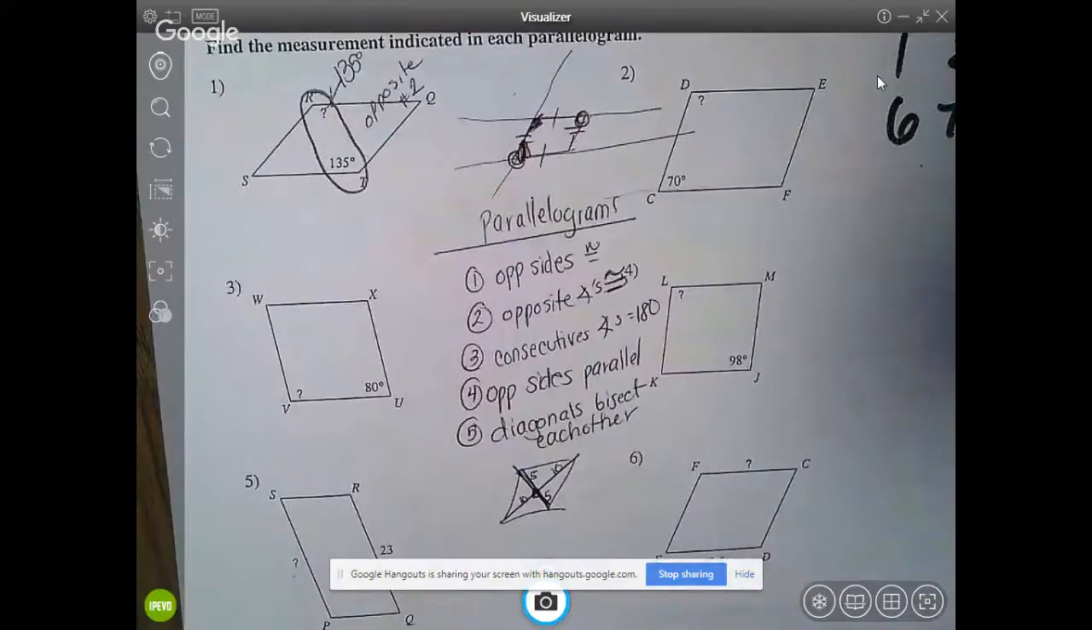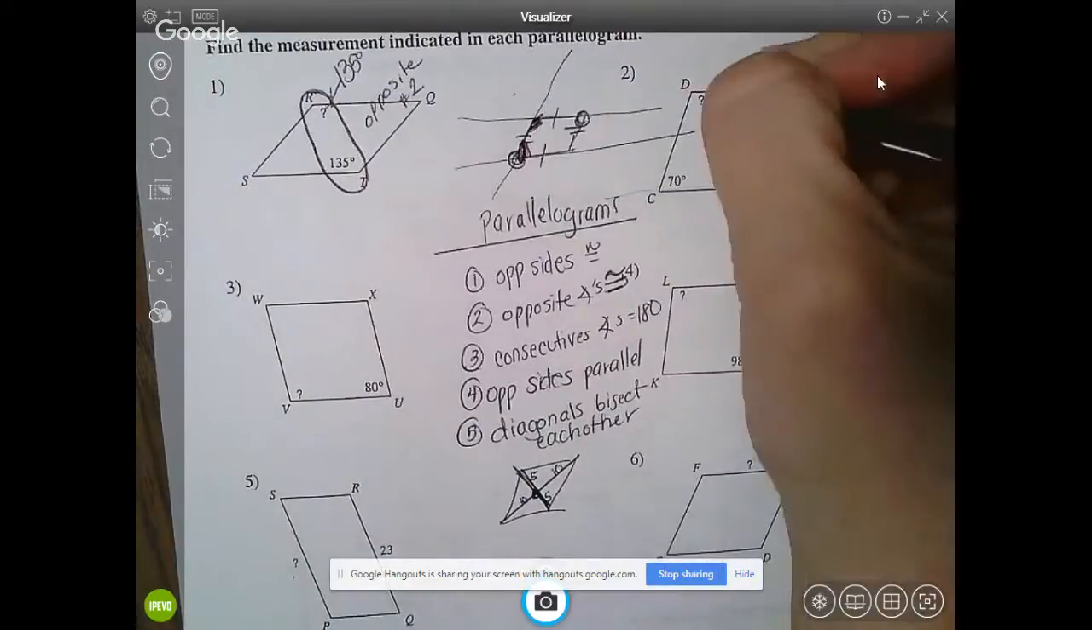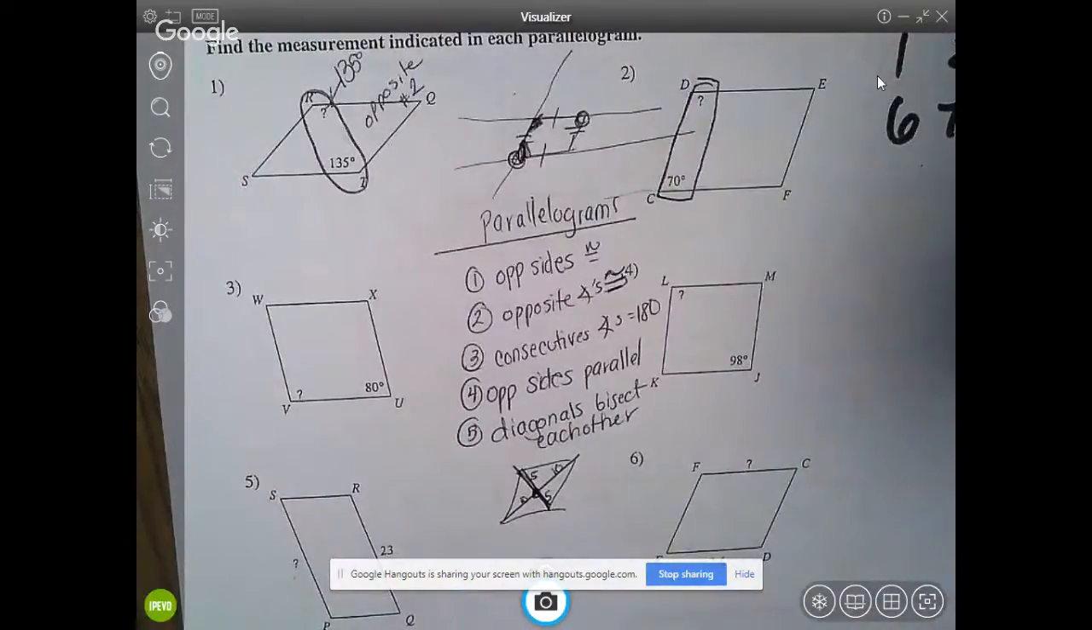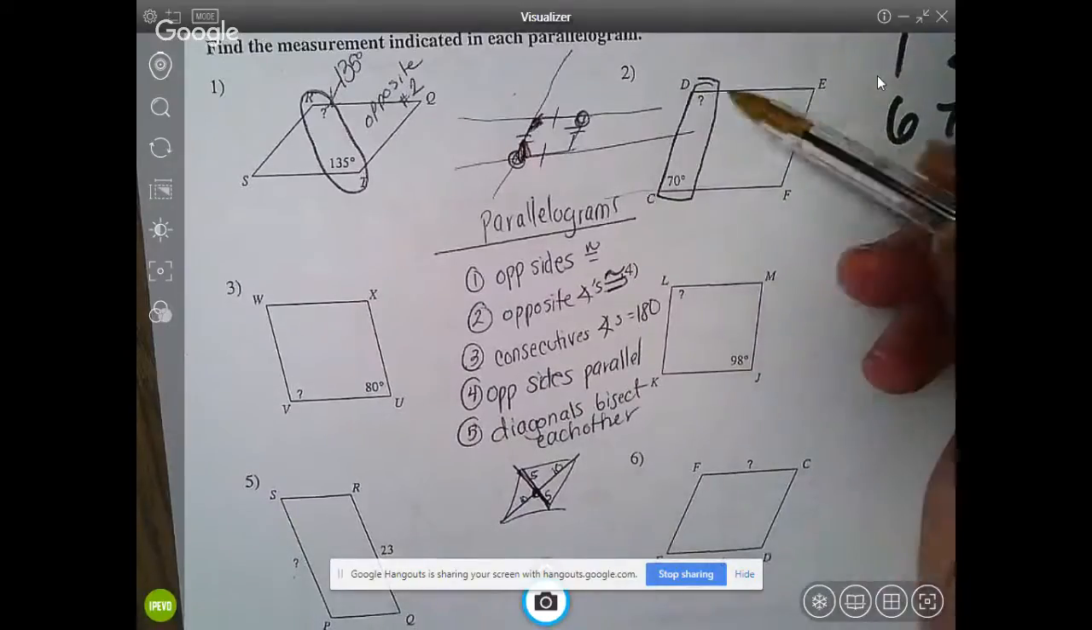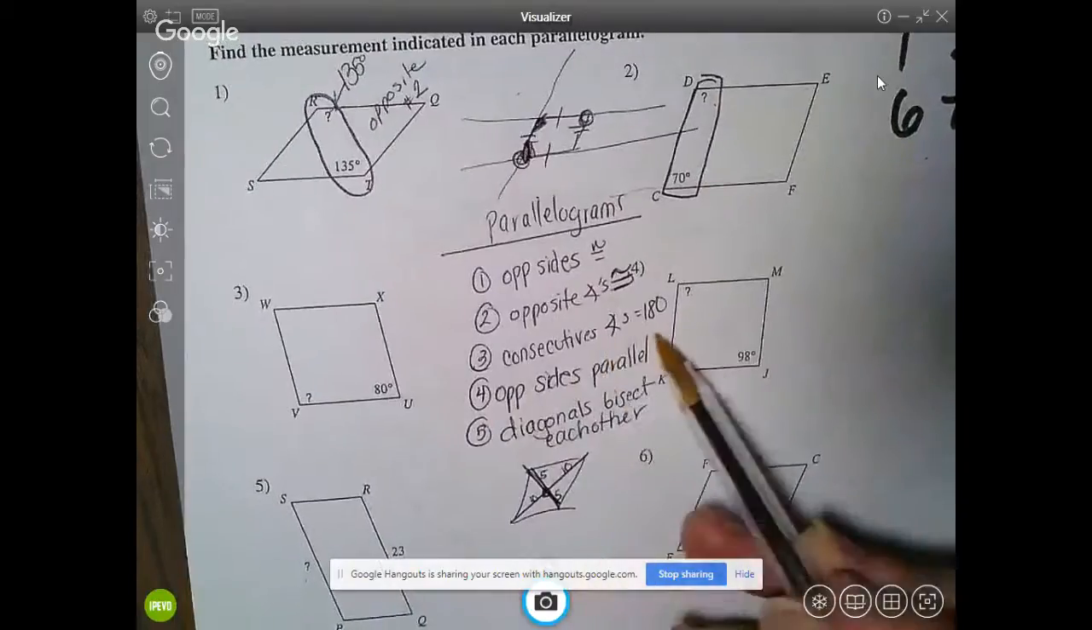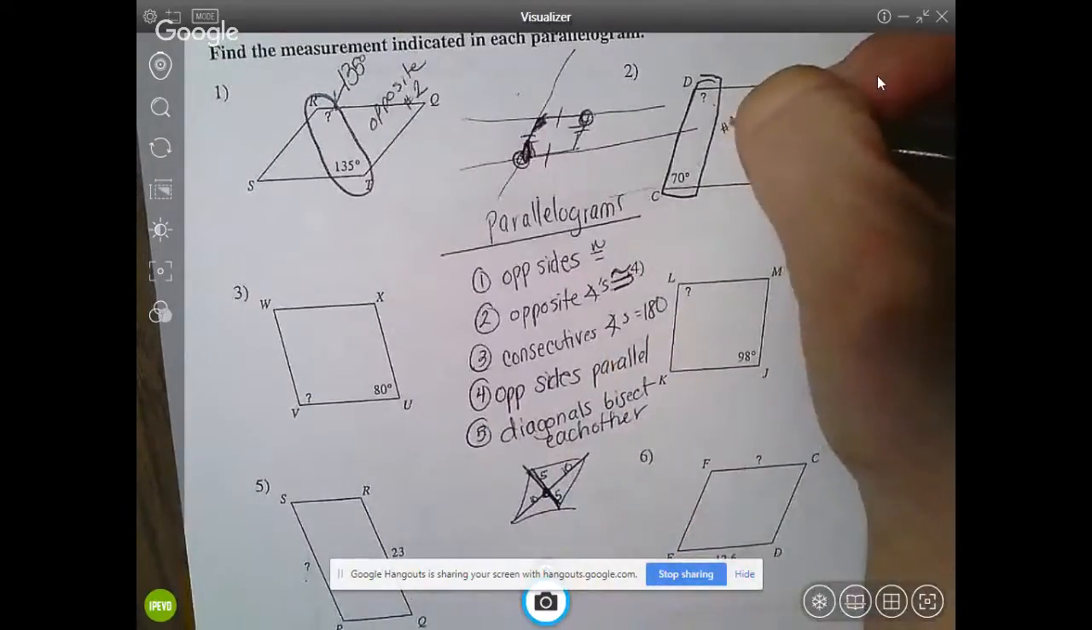Ma'am. So the consecutive angles would be like on number 2 would be like even. Exactly. Oh, okay. And in number 2, we are trying to find this question mark. So see how they touch the same side? Remember, consecutive interior, same side interior. Because these 2 touch the same side, we know that because of number 3, they have to equal 180